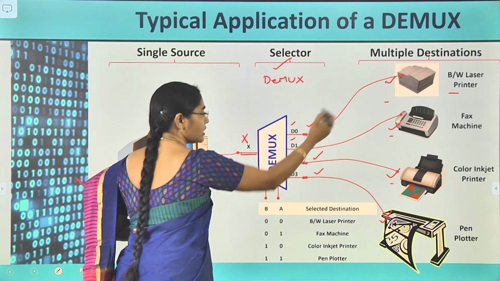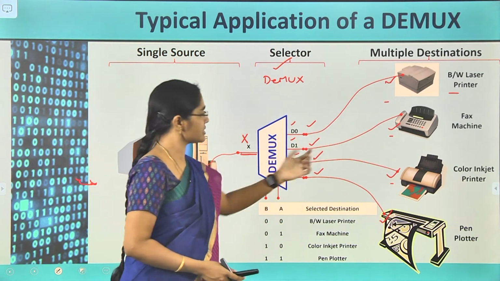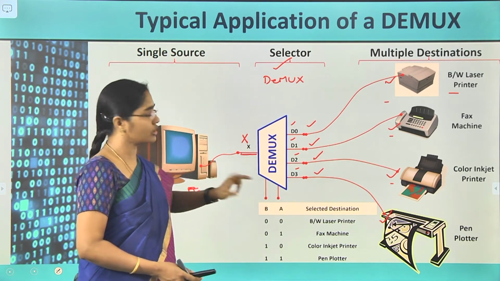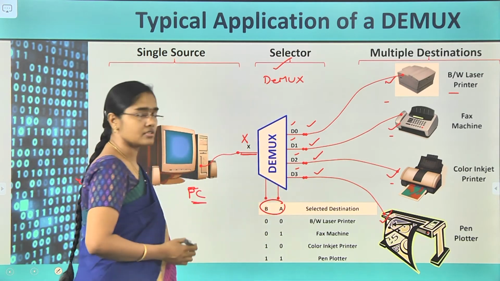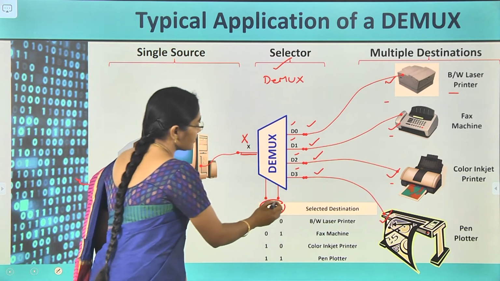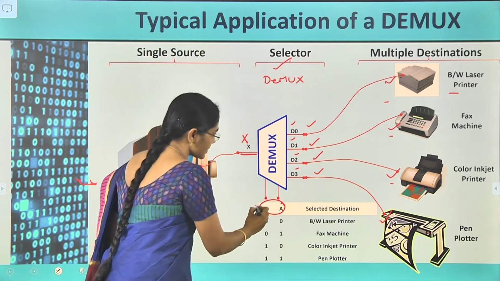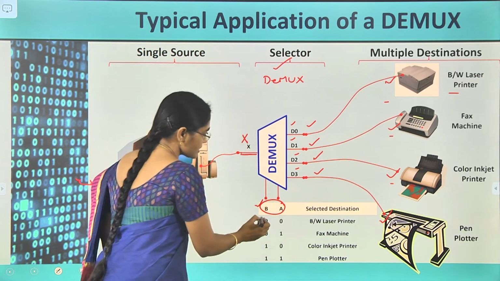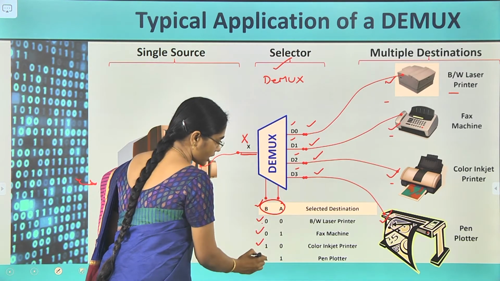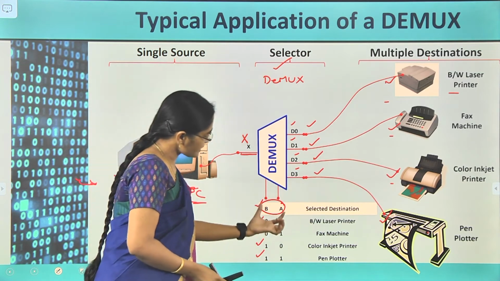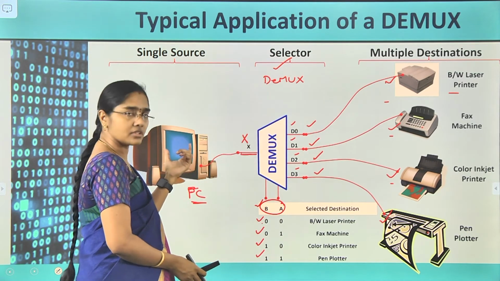Then D0, D1, D2 and D3 are the names of the output devices. It is connecting X to any one of D0 to D3 at a time based on the selection signals of this demultiplexer. Since here 4 output devices are used, 2 selection signals are required. Depending upon the selection signal values, which may be either 0 0, or 0 1, 1 0, or 1 1,